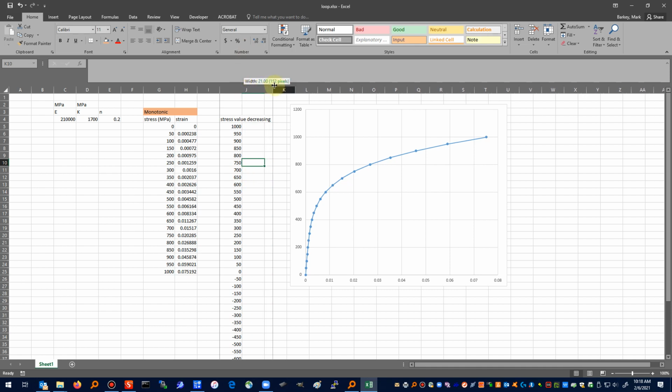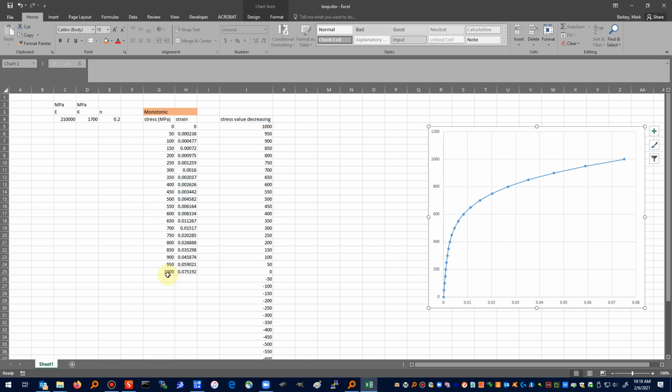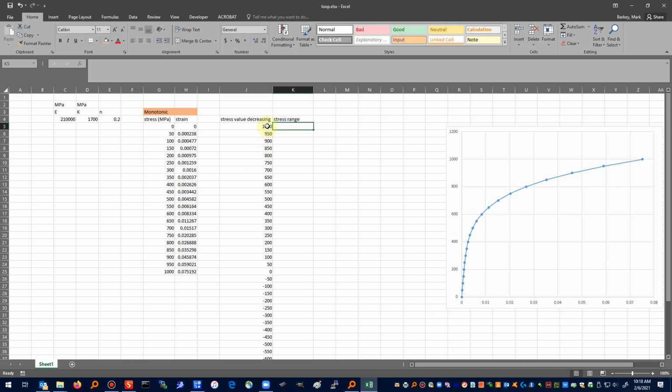Okay, now we want to be a little bit careful here. We ended at 1000, so the stress range is going to be the place where we stopped minus this value. Okay, so let's do it this way. The absolute value of this point minus that point,